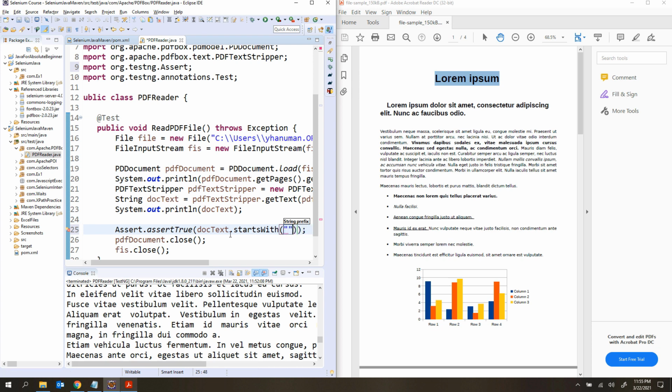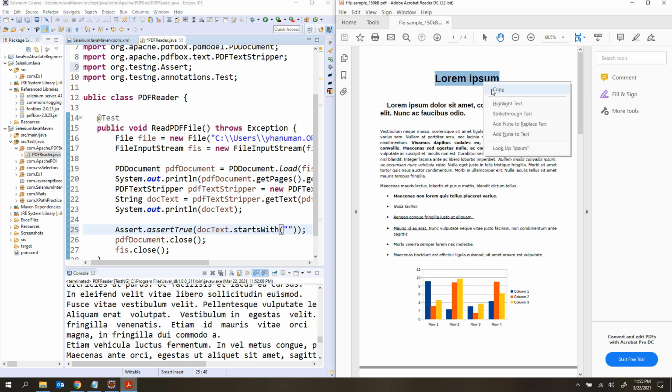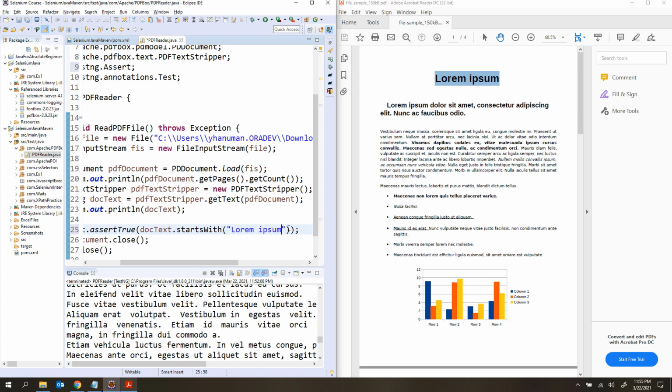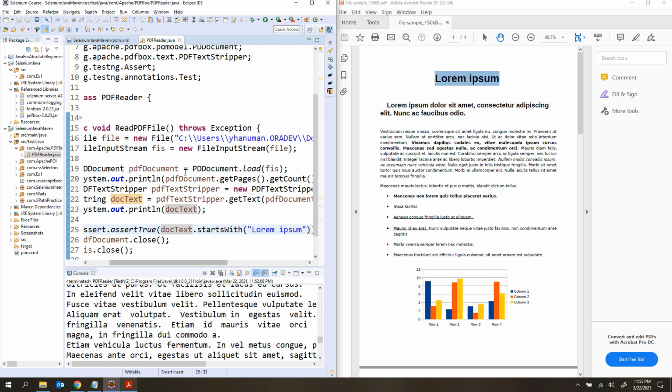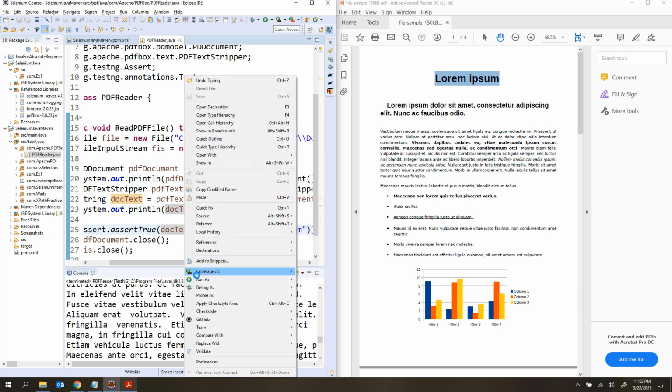What do you want to verify? If it starts with this text, it will return true, right? Otherwise it will return the false value. Okay, so here I'm using hard assertions. I'm not using soft assertions. That means if this fails, it will immediately throw the exception here itself. So let me run this. That means the test also becomes a failure.